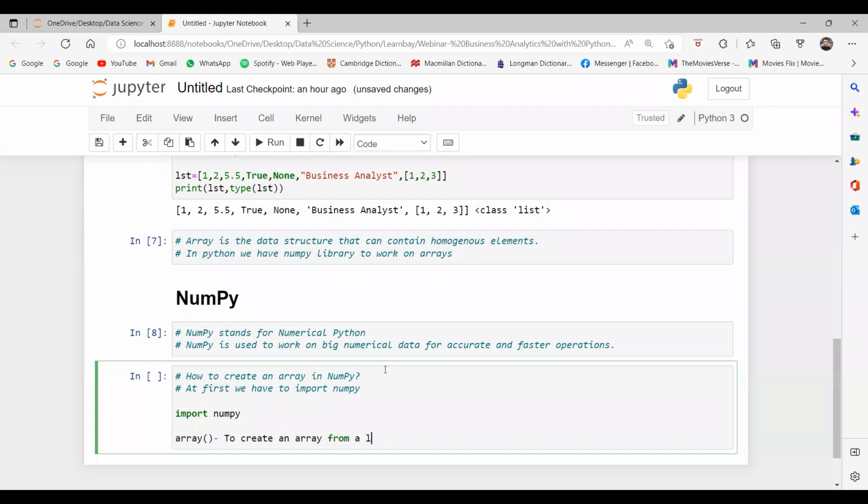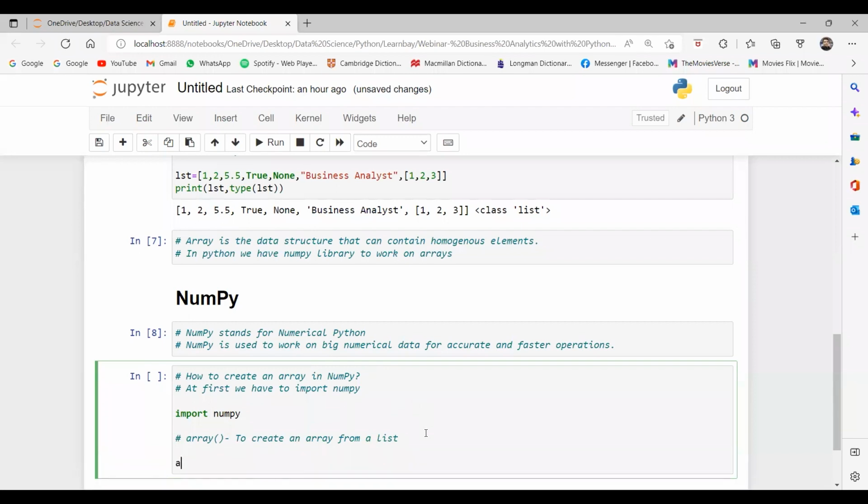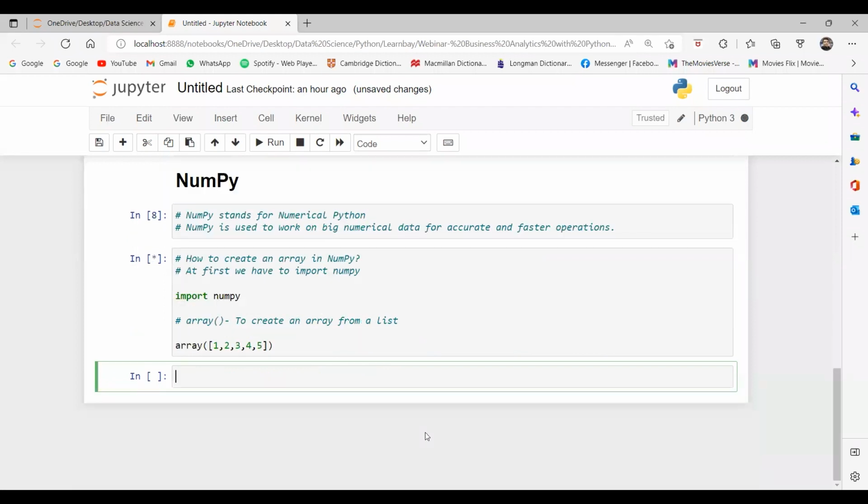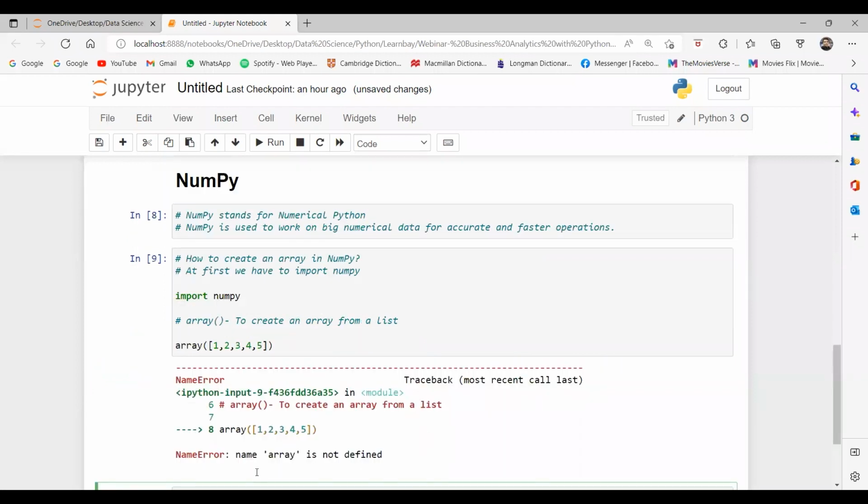If I directly use it, I say array and inside it pass a list of numbers, for example 1 2 3 4 5, and run it, it gives me an error: array is not defined. Yes or no? Because in basic Python there is no function related to array, because array is defined inside the NumPy library or package.